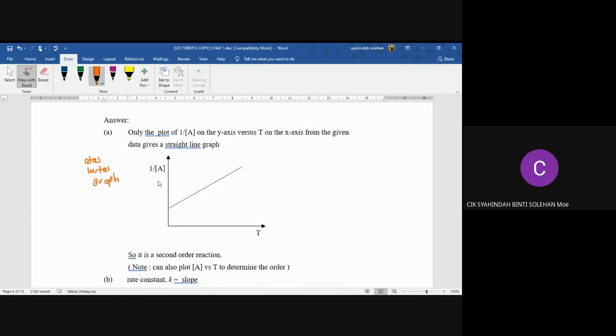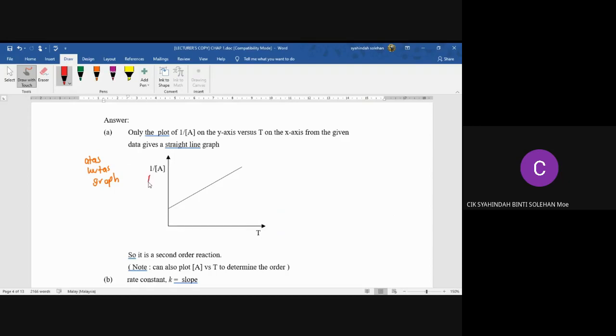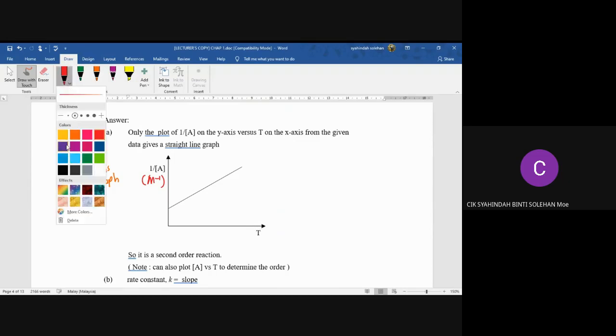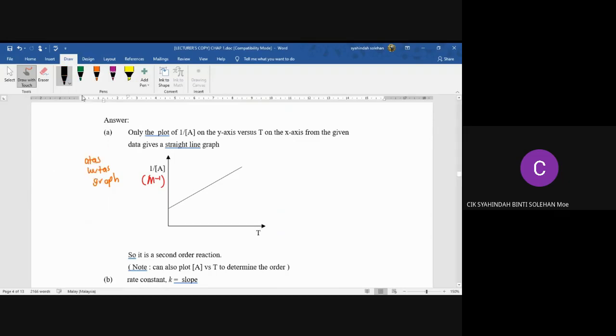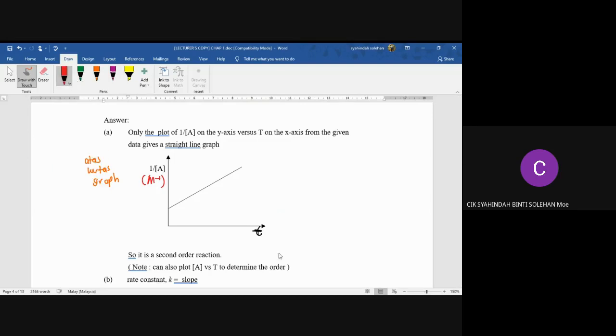Okay, 1 over concentration of A ni, apakah unit dia? Unit tu you kena letak. Unit dia ialah per molar. Ni bukan T besar tau. Ni supposedly T kecil. Sebab minute time kan. Kalau T besar ialah itu temperature pula. So this one ialah